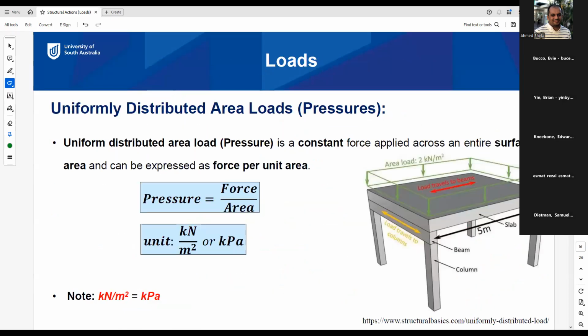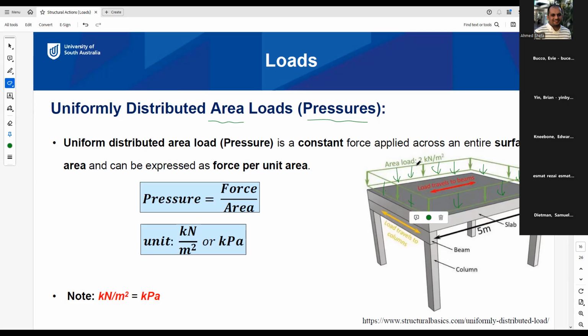Okay, so the third type of loads we have is uniformly distributed area load. So we have uniformly distributed line load and uniformly distributed area load, or pressure. As you can see here in this example, if we have, for example, a roof or a slab, in this case the load will be distributed over the whole slab. This means that the load will be distributed over the area of the slab or the area of the roof. So this type of load is also uniformly distributed, but instead of over a line, it is over an